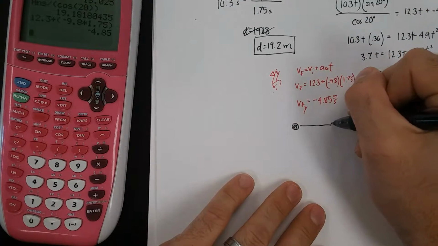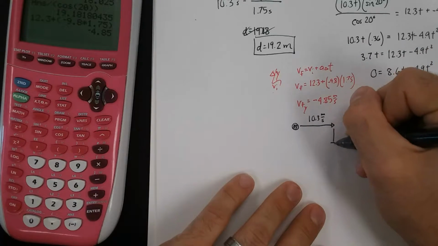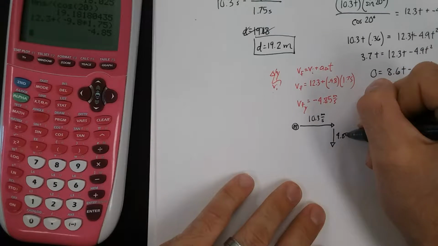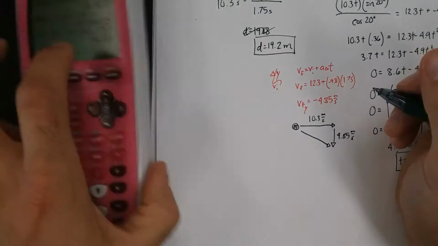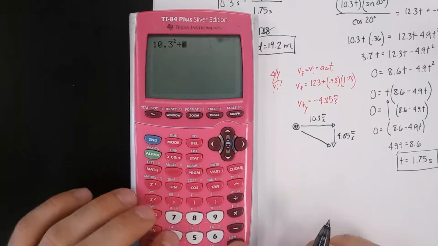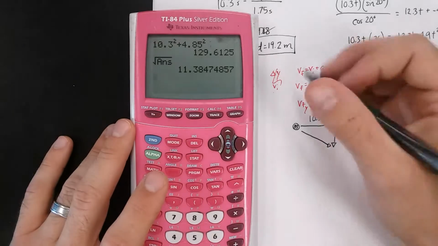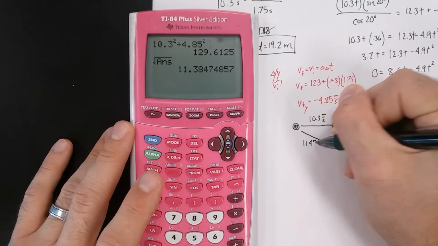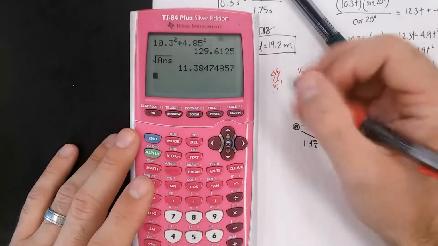That means we've got this 10.3 meters per second in the x, this 4.85 meters per second in the y, and our total speed is 11.4 meters per second at an angle of